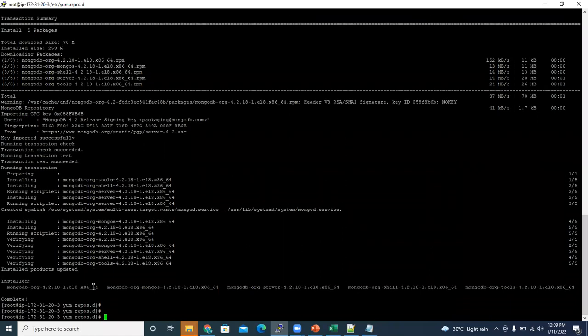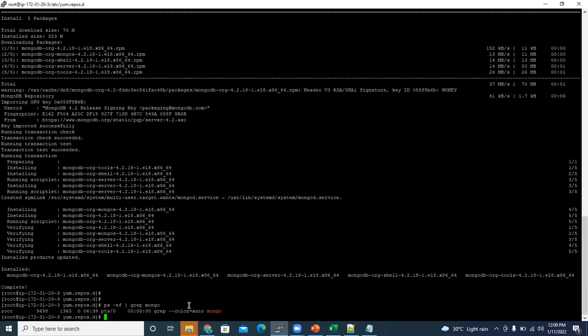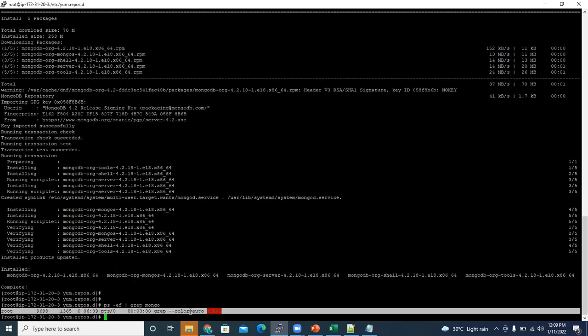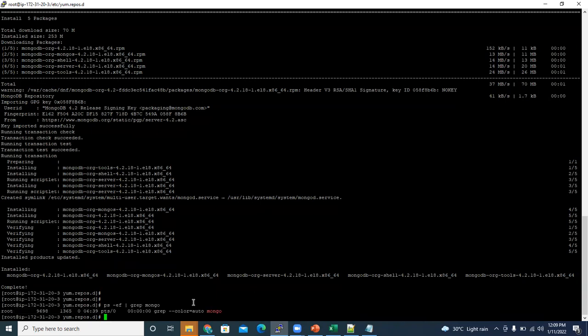Okay. Now grep the service. ps -ef | grep mongo. It will show us nothing because the service is installed, but it's not yet started. So whatever the services, whatever the database or application, whatever the things running in the server, if you want to